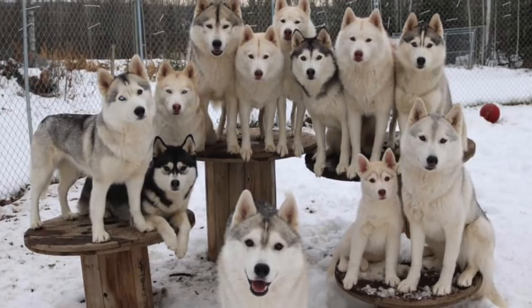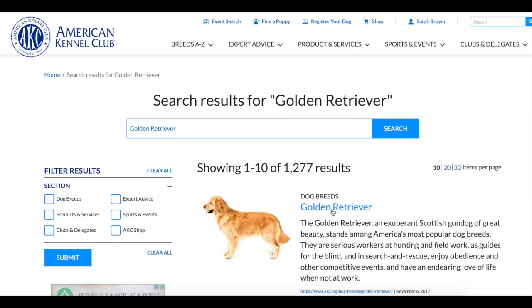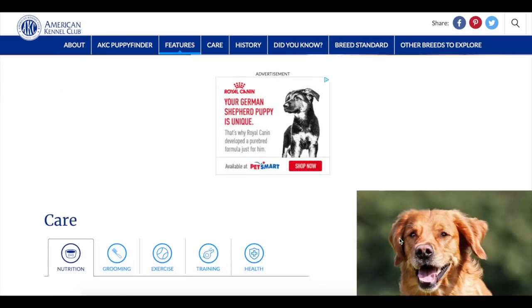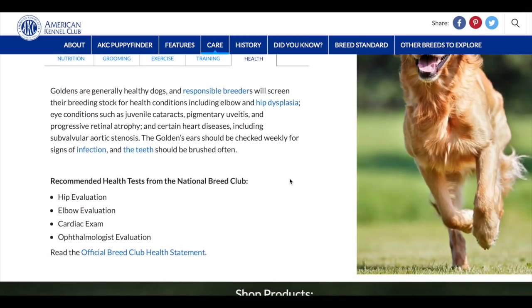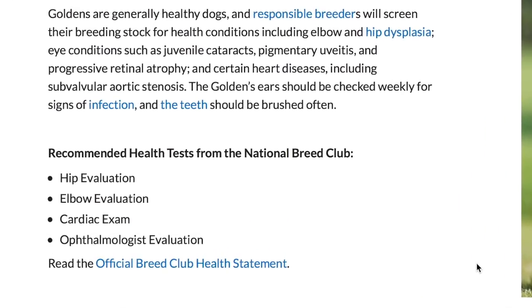Here are a few key criteria to look out for. First and foremost, these breeders will always health test their dogs for genetic diseases that occur in the breed. Each breed is different, so be sure to see what the breed's national club recommends. You can find this on the AKC website under Health. For example, the Golden Retriever National Breed Club recommends that each dog has a hip evaluation, elbow evaluation, cardiac exam,